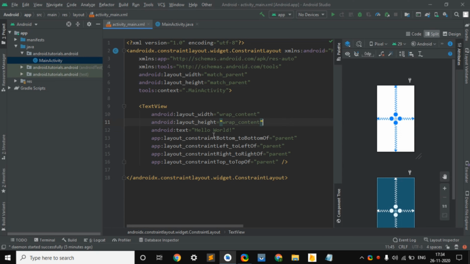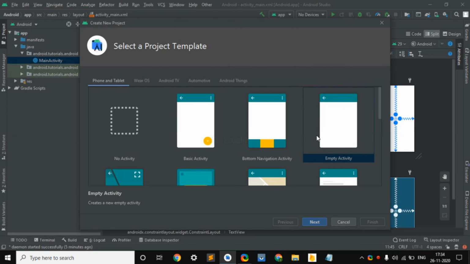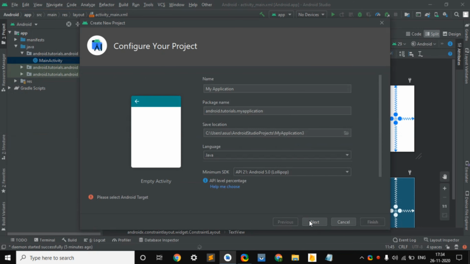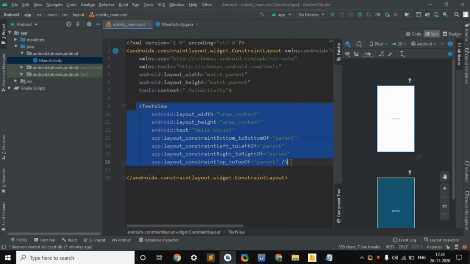First we have to open our Android Studio, then click on new and new project. After that we are going to click on empty activity, next, and give your application name and write your package name. After that we have to click on finish. So we are going to create this type of empty project. After that we will find the hello world text in our activity_main design. So we are going to remove it.